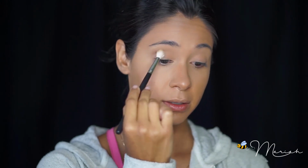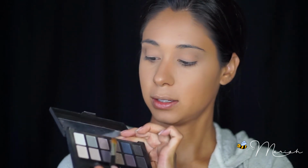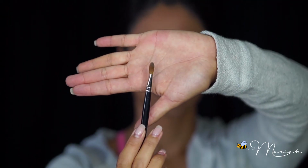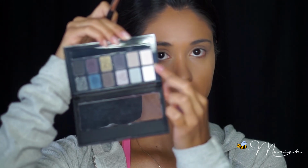Very soft. And now, to add a little bit of subtle glitter, I'm gonna add a little bit of this gold here, bronzy gold, and then a little bit of this lilac purple shimmer as well. And now just for the inner corners or the inner tear ducts of my eyes, I'm gonna take these lighter shades and I'm just going to